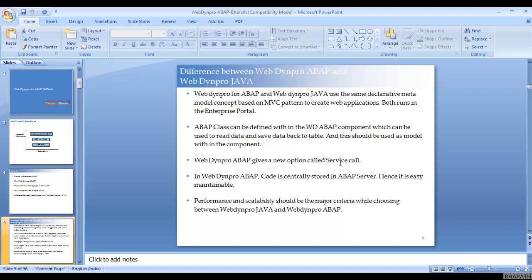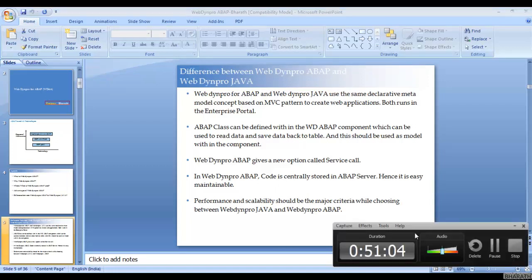So what we have to do is remove the existing service call and create a new service call whenever there are changes in the function module parameters, in the sense of its signature. Whenever there is a change in the signature of a function module, an ABAP class, or a BAPI, we have to create a new service call. So that is the drawback with service call, and we should keep that in mind.